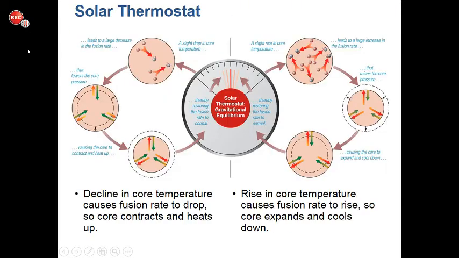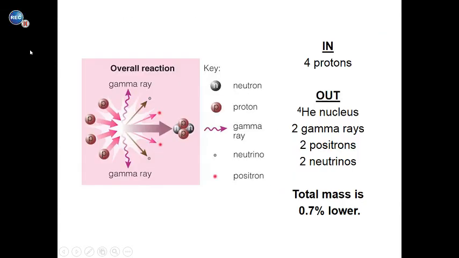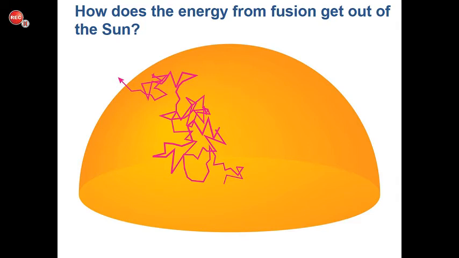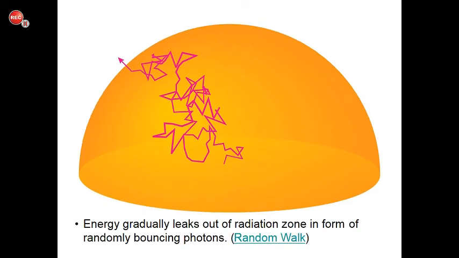All right, so we've produced some energy. That energy controls effectively the size of the sun. It holds everything together. How does that energy get out of the sun? Because there's clearly some coming to us. How does it get out of the sun? Well, once it's produced in the core, it effectively gets out of the core fairly fast. But